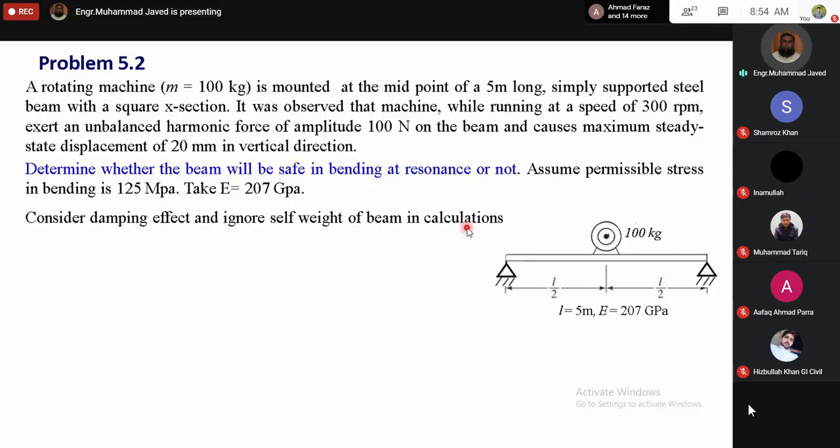तो अगर रेजोनेंस की स्टेज पर हमारे पास मैक्सिमम बेंडिंग स्ट्रेस 125 मेगापास्कल से ज्यादा आता है, तो इसका मतलब ये कि बीम सेफ नहीं है। अगर इसके बराबर आता है या कम आता है तो इट विल बी सेफ।